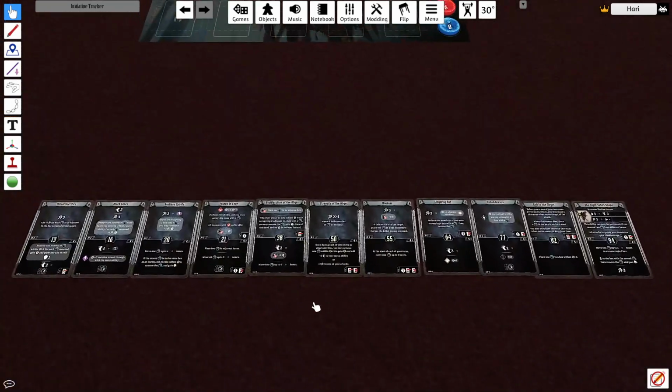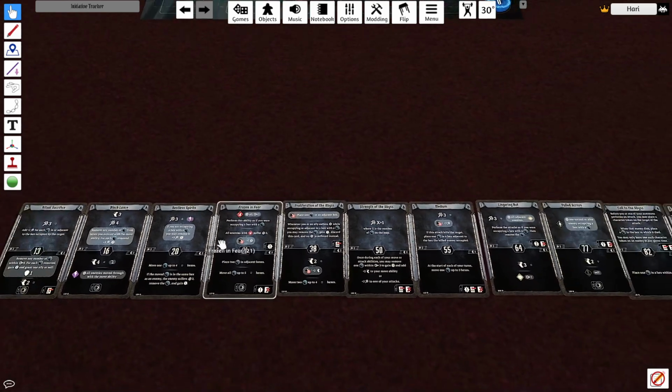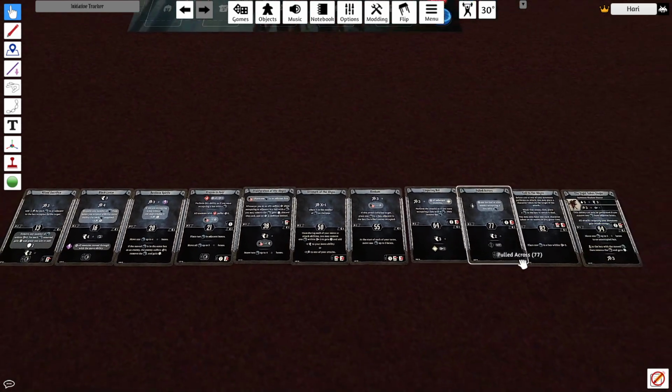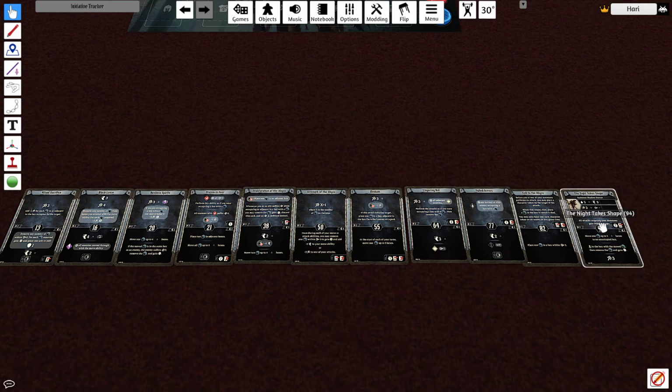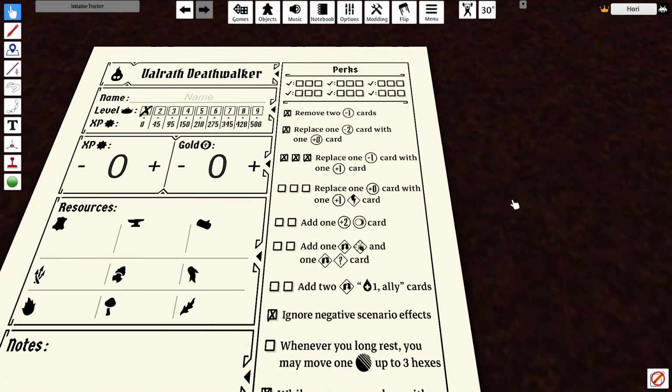levels, we have gotten an additional source of dark consumption, right? Now we have Frozen Fear and Proliferation of the Abyss, which both want dark, and they're not always going to conveniently line up after Pulled Across. A lot of the time we're going to be using Pulled Across into Night Takes Shape, so we might not have the dark here. The other thing is that, again, on a ranged Deathwalker, we make more small attacks on